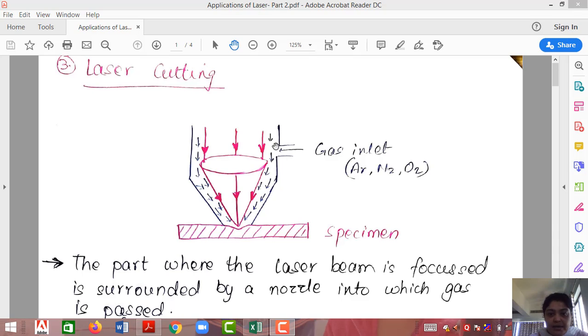So what is done? We have this gas inlet because when laser focuses on this point of the specimen, it gets heated up, and this heating will in turn heat up the gas, and this heating of gas will help in drilling or cutting. So you understood why we need this gas inlet? It is basically because drilling and cutting requires more energy. We have a gas inlet so that the laser consumption is comparatively less.